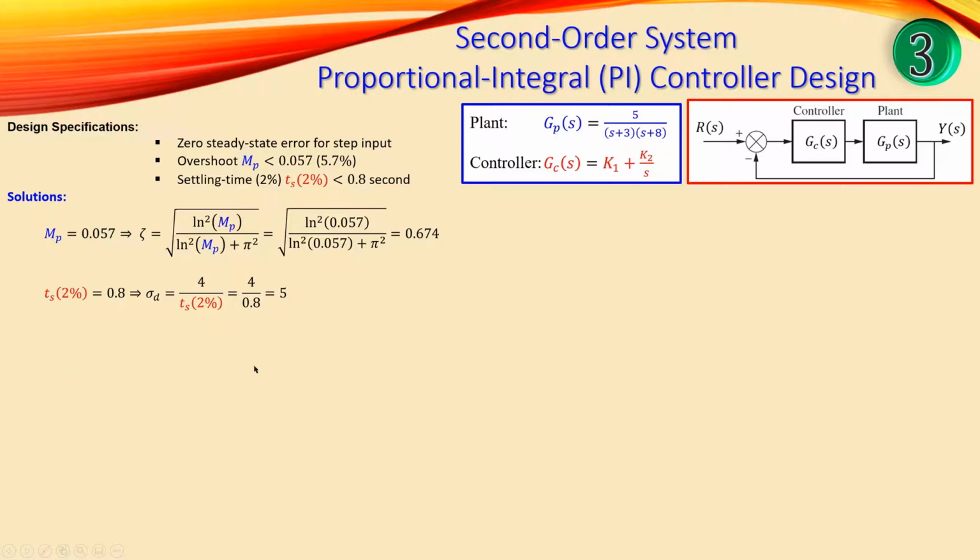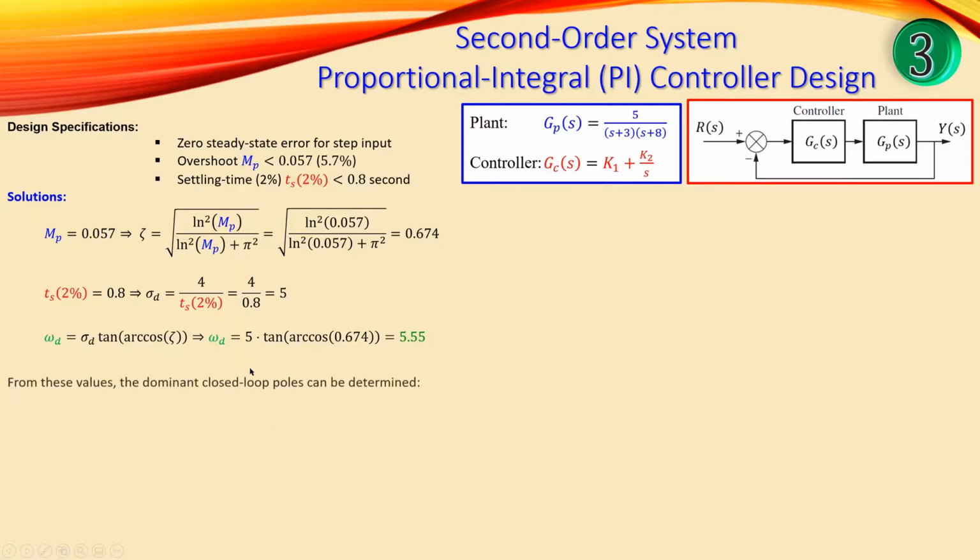It will be developed shortly. The omega D is the imaginary part, and that is given by this expression using geometry. It will be sigma D times the tangent of the arccosine of zeta, the damping ratio already calculated. If I substitute the values, I will get for omega D, the imaginary part,